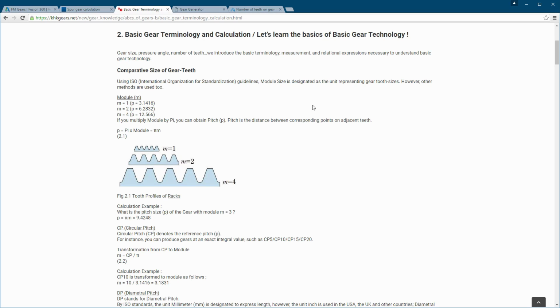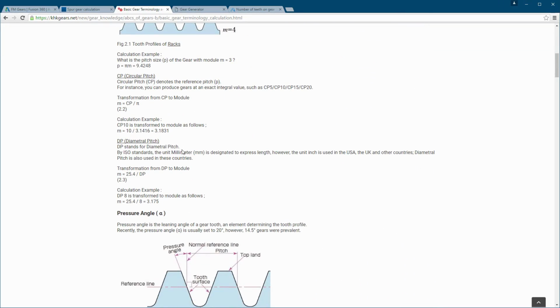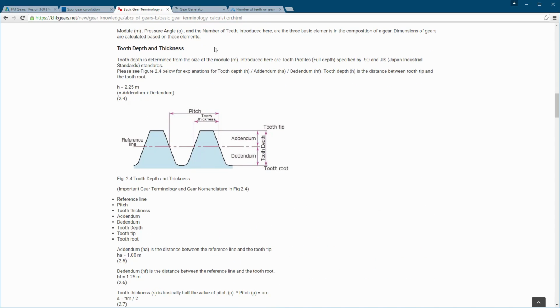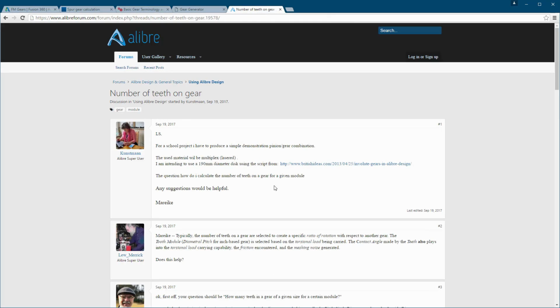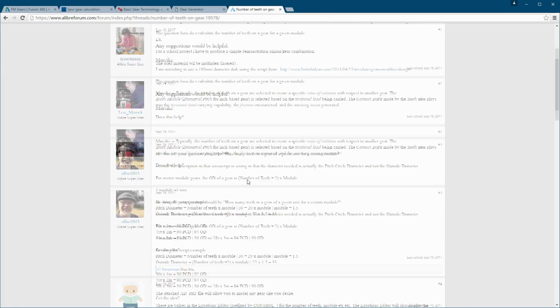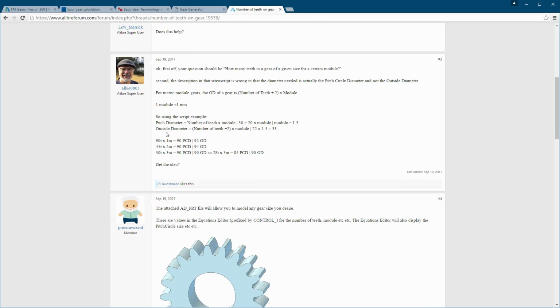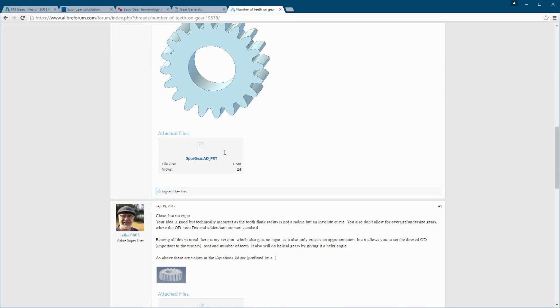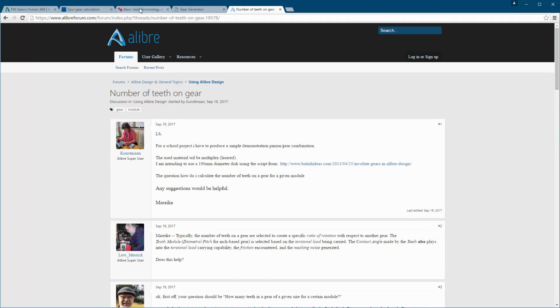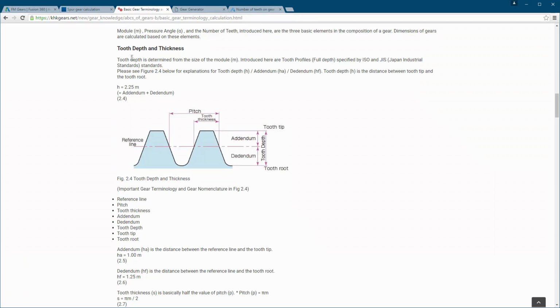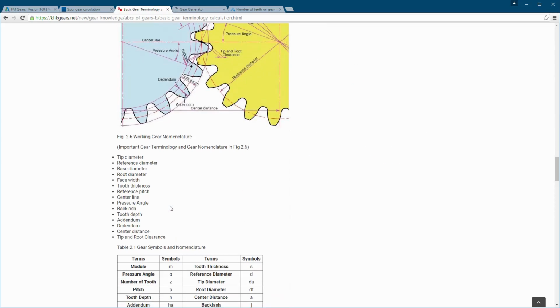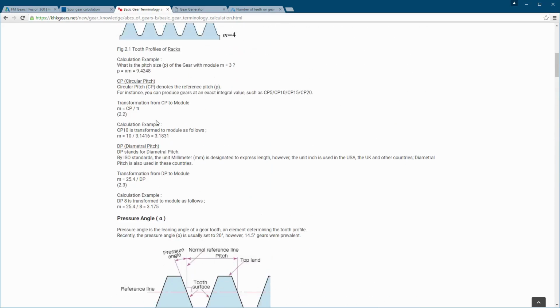And again, you can use this page here to learn exactly all the terminology and what exactly they mean. I also have another forum here where people discuss gears. It's a really good one. You can see how we can do the different calculations here. And yes, what else do we have? Yeah, as I mentioned, what I wanted to show you right here is how you create gears in Fusion,